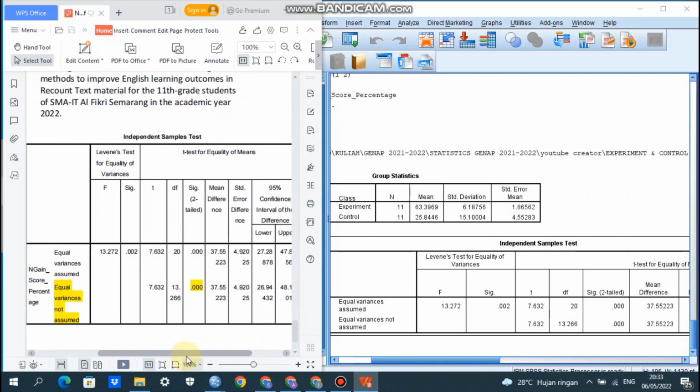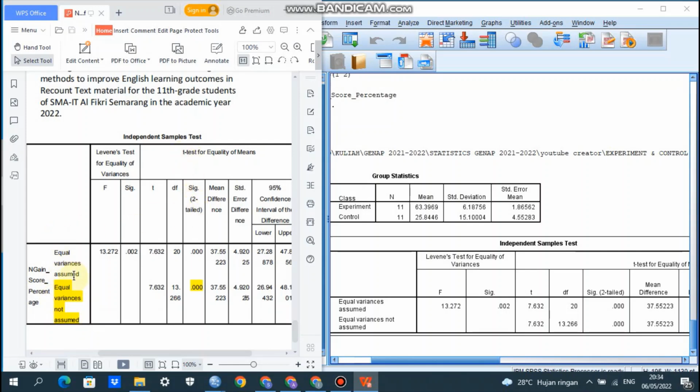After we have found that the data is not homogeneous, the significance of Levene's test for equality of variance is 0.002. So we choose equal variance not assumed for the data that are not homogeneous, because homogeneity is not an absolute requirement. So we can go to the second choice, equal variance not assumed.